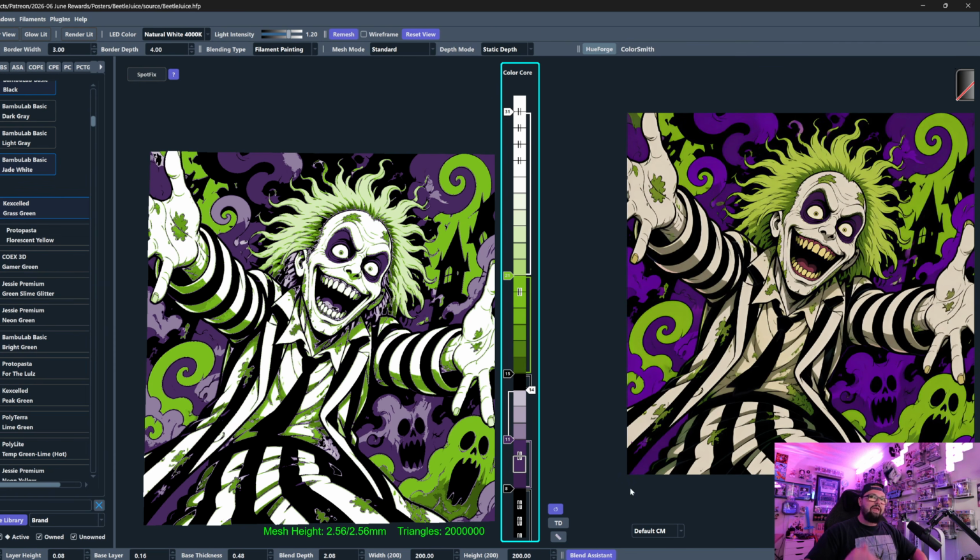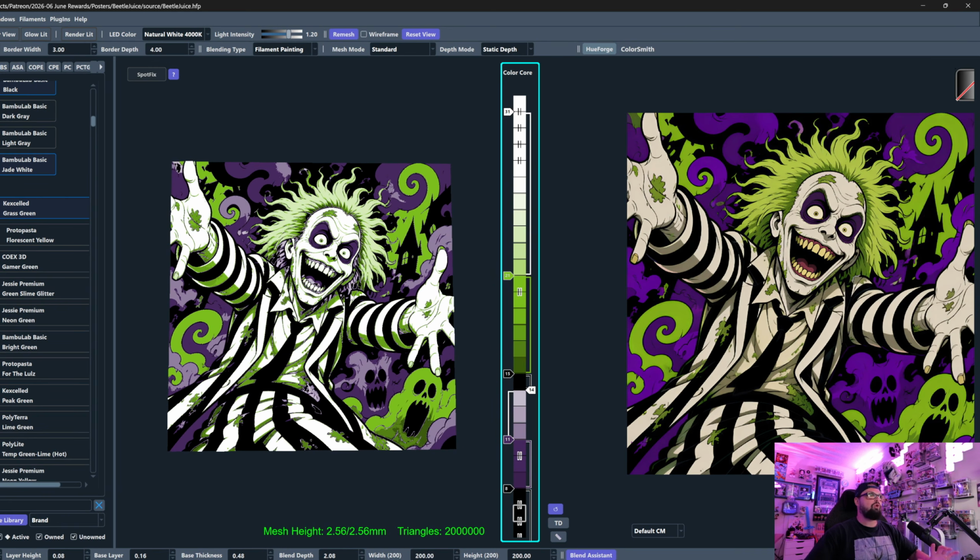And so the way that this is building up, and you can see it very explicitly, black is on the bottom, it's on the darkest parts, purple is on the darker gray areas. This white is on the lighter dark gray areas. This black is on this darker lighter gray area. And then our green is on the light gray area. And you can see how we're stacking and blending these things together to create a print that is close to